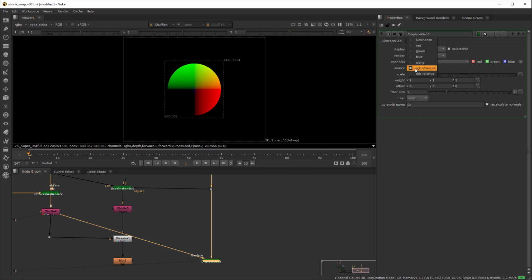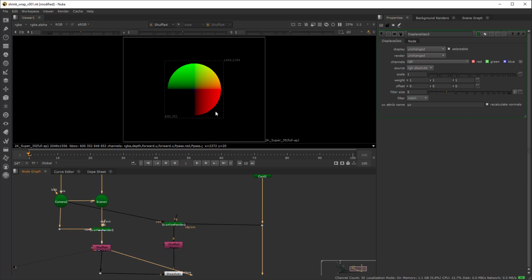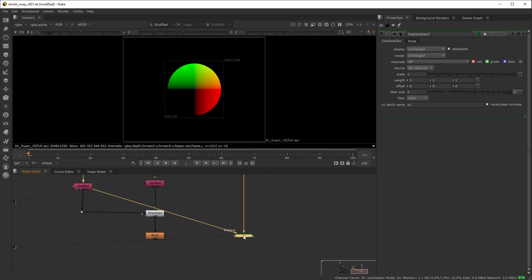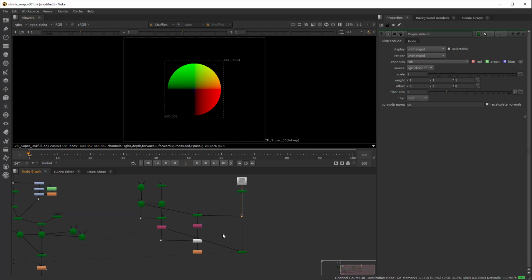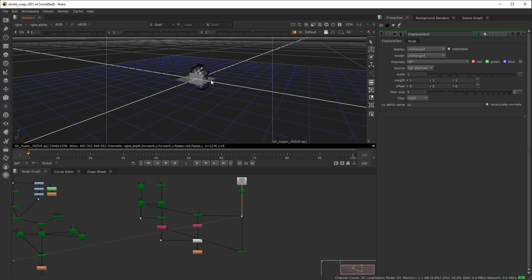The source, I guess by default is luminance, but you can set it to RGB absolute, and since the code values in the position pass are actually 3D coordinates, we are saying use these 3D coordinates to displace our geometry, and all of this just to get to this